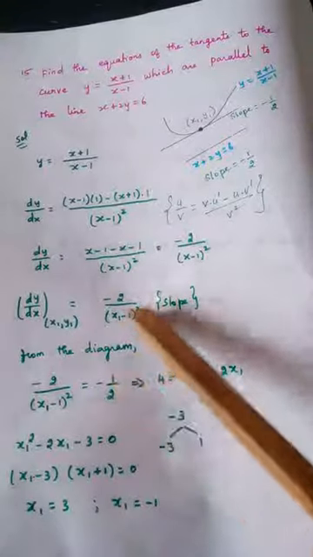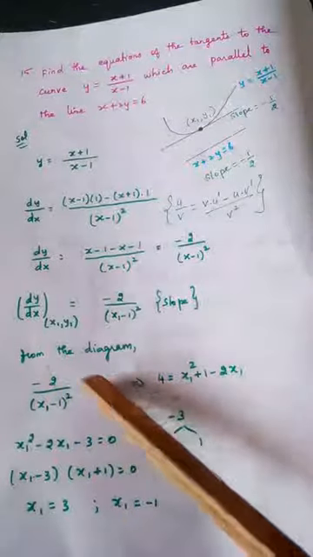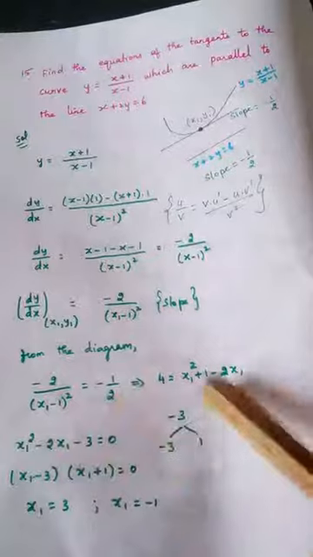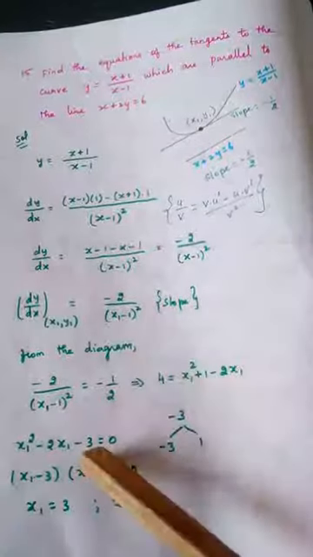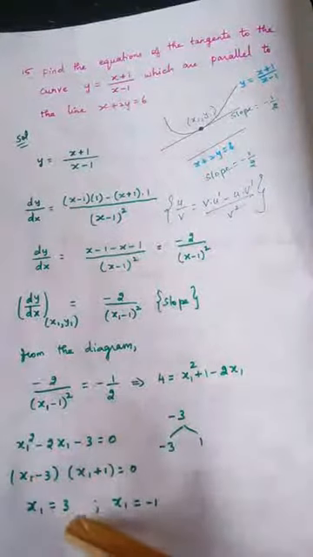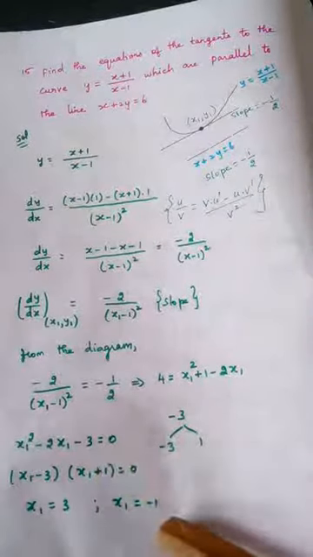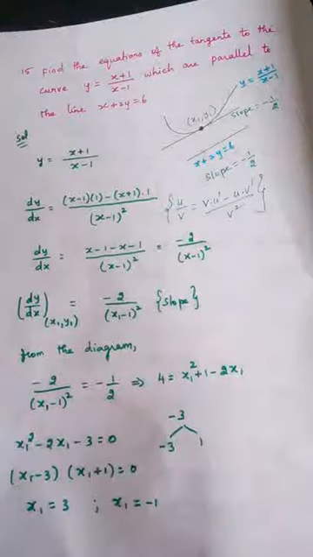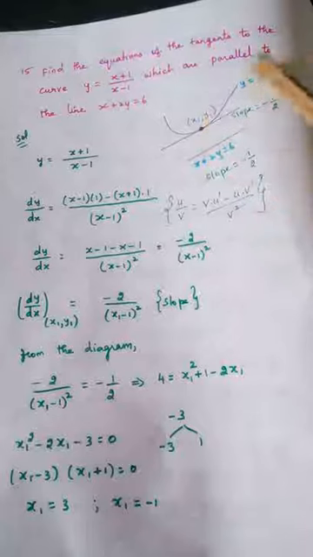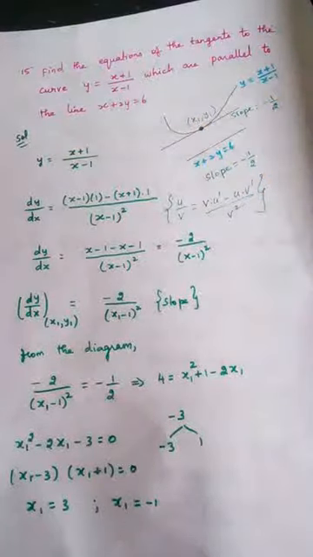This is also slope of tangent. So we are equating those two. By cross multiplying we get this. Arranging this, 1 minus 4 minus 3, and a quadratic equation comes. Factorize that and get two values for x. One is 3, other one is minus 1. Next what we have to do, we should substitute the point x1 comma y1 in this curve because the point lies on the curve. That is the next line for us.